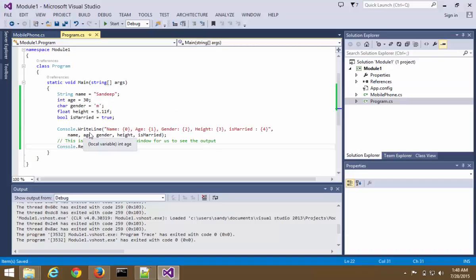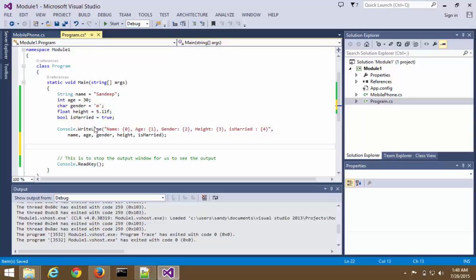So let's say we want to write a program, and in this program we want to print whether the person whose details are filled here is a minor or adult. The criteria for that will be, if the age of the person is more than 18, he is an adult. If age is less than 18, he is a minor. So in order to print that, we'll use an if construct. In if, we say if age is greater than 18,